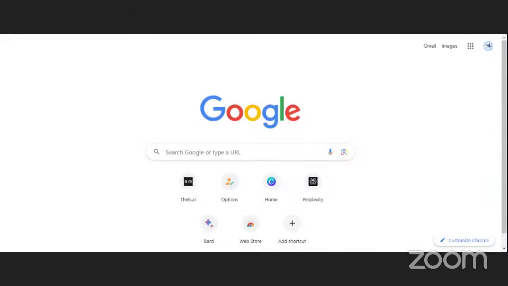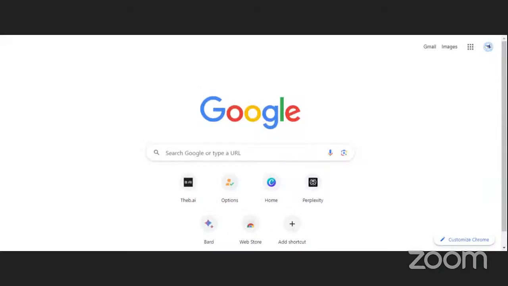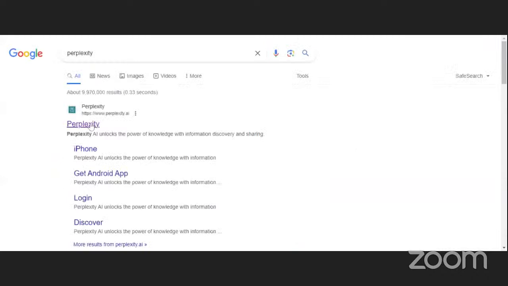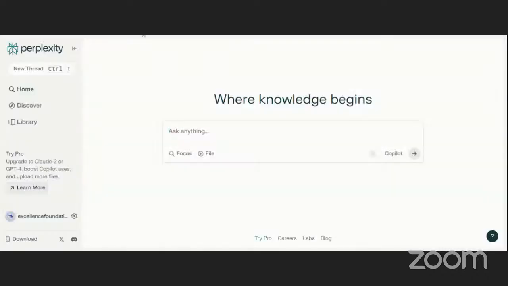So I was telling you that with Perplexity, you just come to your browser. If this is your browser app, you just type Perplexity. The first one there is perplexity.ai. I was mentioning earlier that with Perplexity, you can use it two ways: with an account and also without an account. But for you to better get the history of your work, I would advise that you actually create an account, because when you create an account, you will be able to get a record of your previous conversations.